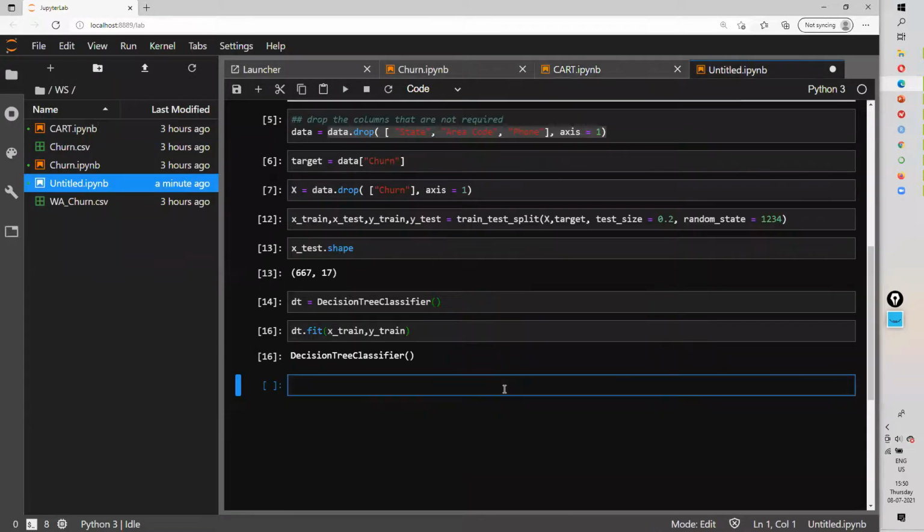Now let's see how test works. So on the test data set, we have some data that's left out. So we will try to predict. So dt dot predict on the x underscore test. And we will save these predictions into some other object called prediction. So on the test data set, we pass the test data set for the model. Model is now named as dt, and we say predict on the model, using the model on the test data set. So we got predictions.